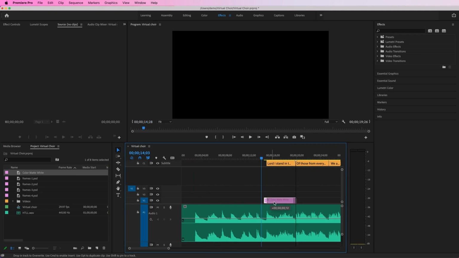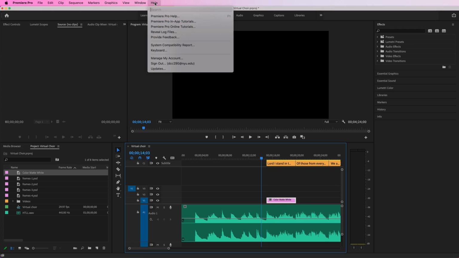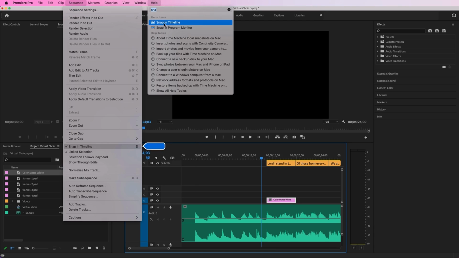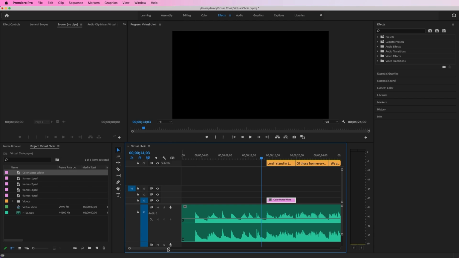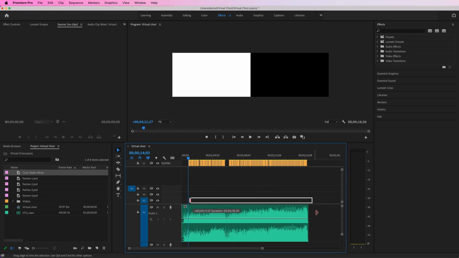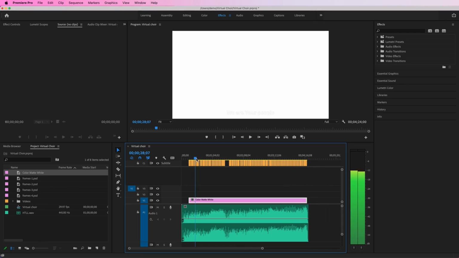Just a small quick tip. I have the snapping setting enabled. Sometimes you may hit the S key on your keyboard, and then when you're dragging items, they don't snap to other objects. So just make sure you hit the S key and you can see that you've enabled snap. I think you can also search that. Snap in timeline, and that is under Sequence, Snap in Timeline. So there it is. So I want this color matte to appear for as long as the text is,